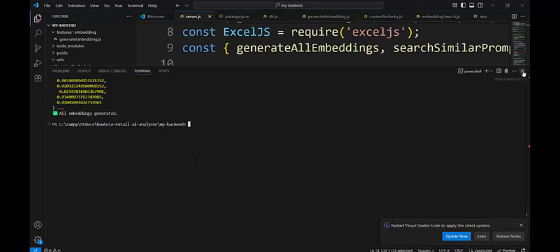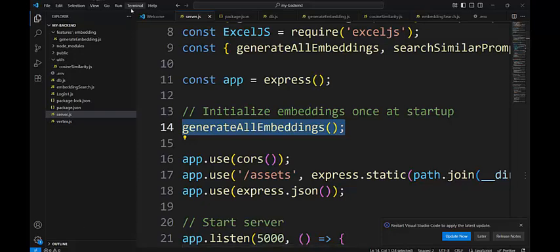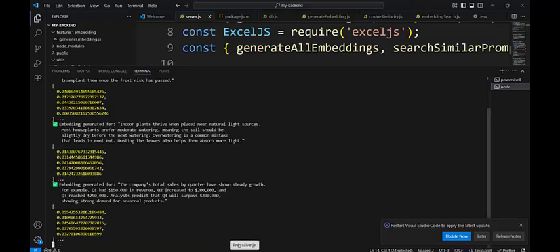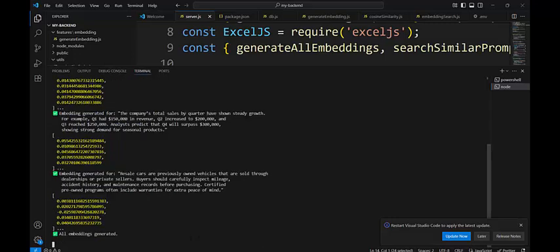Here it is, new terminal. And when I start now the server, for data,